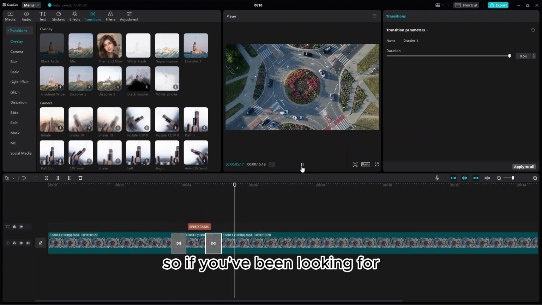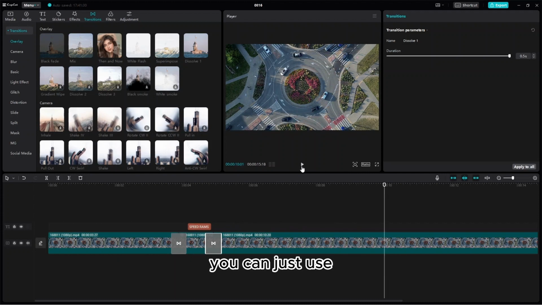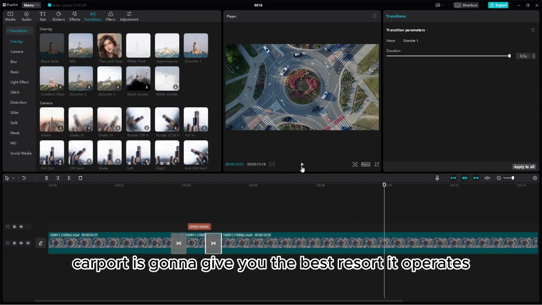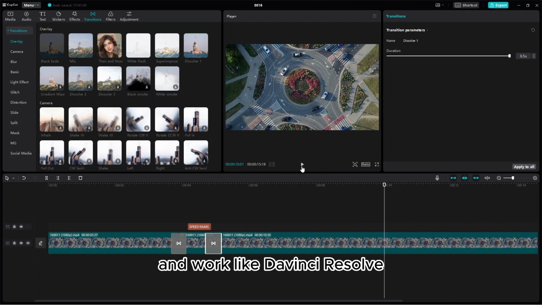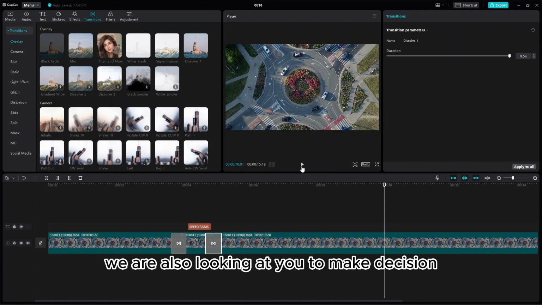So if you've been looking for a video editing tool that is absolutely free, you can just use Capcut. It's going to give you the best result. It operates and works like DaVinci Resolve. So those of you using Premiere Pro, we are also looking at you to make a decision to make some of these things free for us,